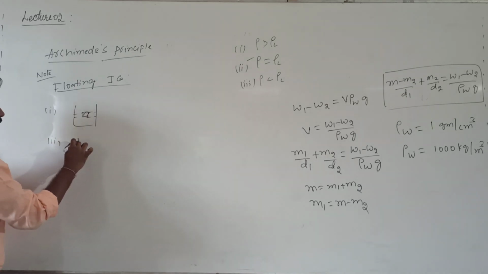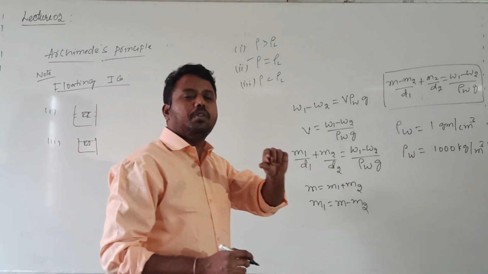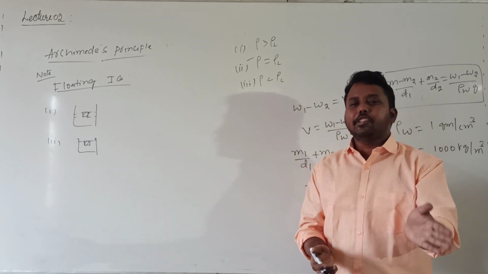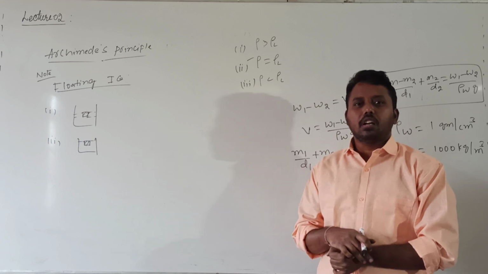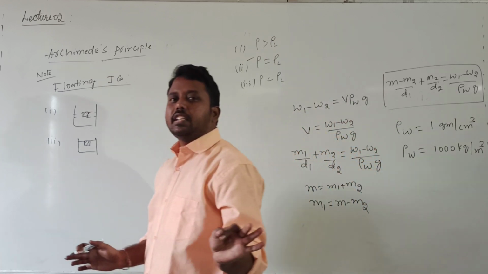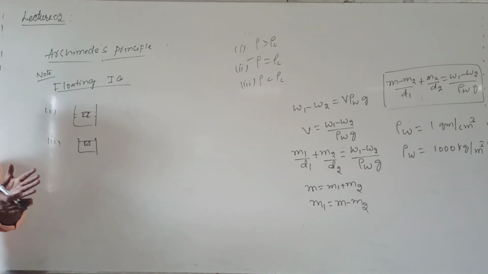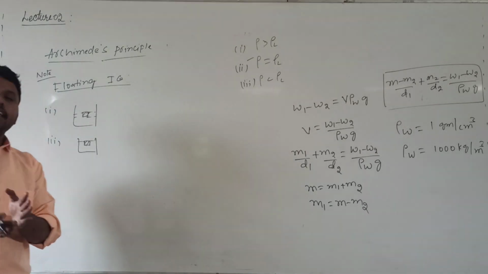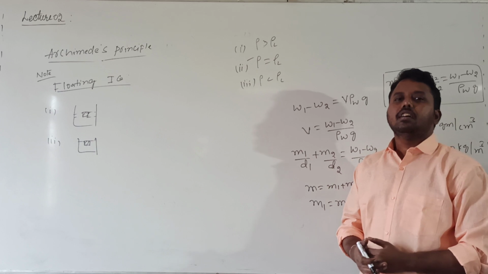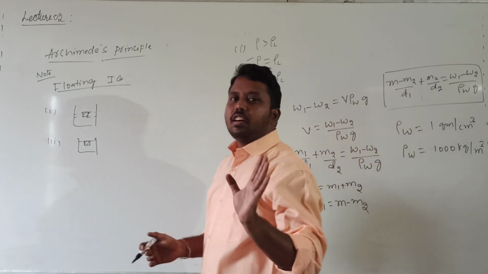The second point: for example, an ice cube having a cork embedded inside it. That ice cube is already floating in water. If that ice cube melts, then also the water level will not change, it will remain the same. The cork density is also less than that of water. Because of density being less only, initially the ice cube and cork both are floating. Density more means what happens? It will sink completely. First law. Understood? Then also the water level will not change.